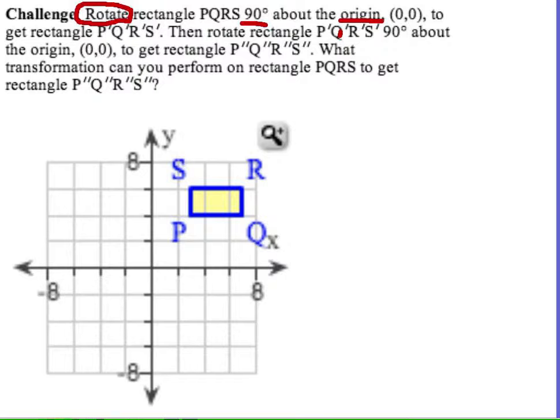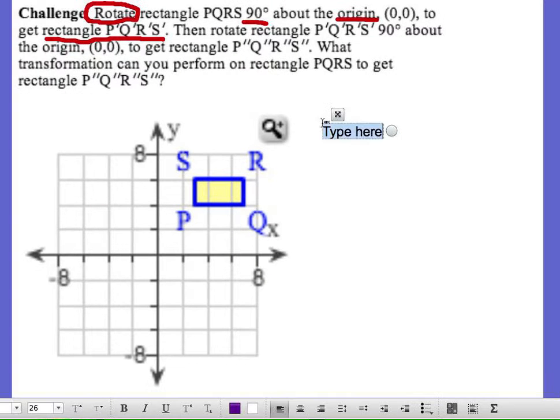And we're going to call our new rectangle P prime, Q prime, R prime, S prime. So that's our first step. Okay? So we're going to take our plots, our points, and rotate them 90 degrees. Now, if you remember 90 degrees, we always took our original